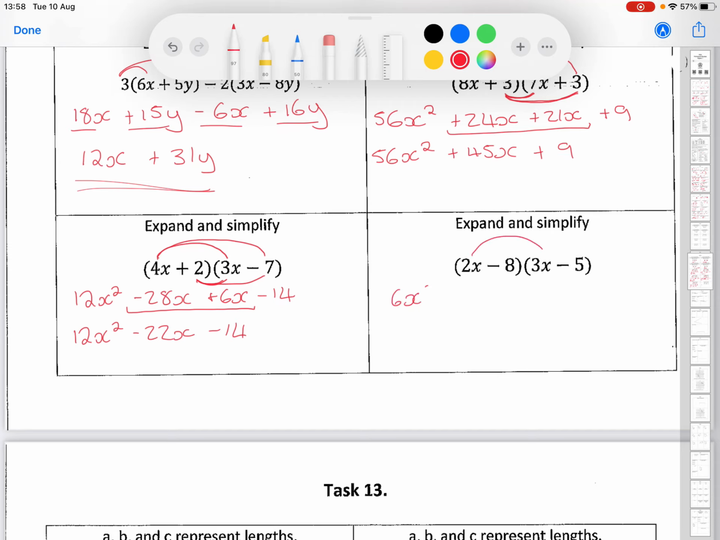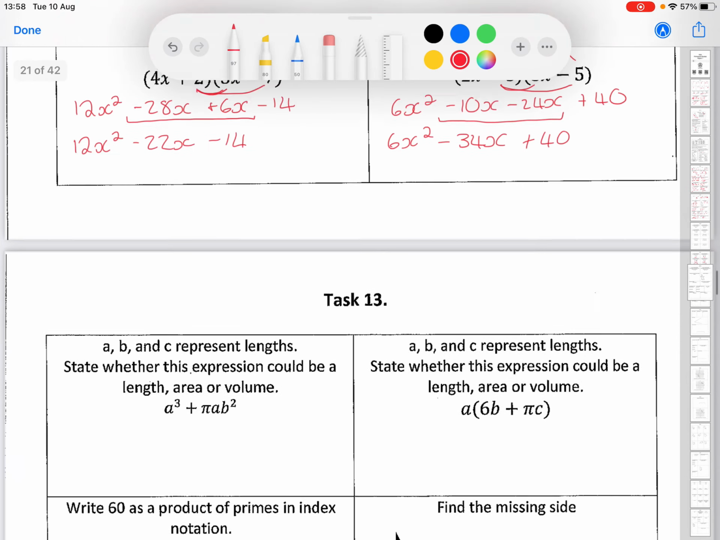Last one, we've got 2x and 3x, that makes 6x squared. 2x times minus 5, that makes minus 10x. Minus 8 and 3x, I almost said minus 3 then, minus 24x. And minus 8 and minus 5, that makes positive 40. So we've got 6x squared. If I bring together minus 10 and minus 24, that makes minus 34x. And we've got